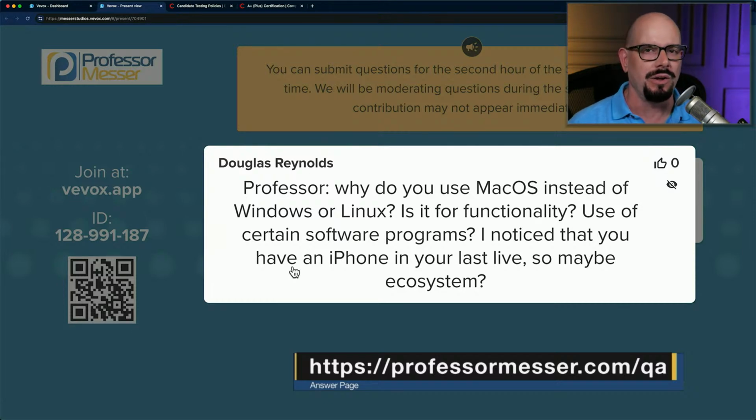In fact, early on, I did try to use an Android phone, and it would just keep rebooting on me every time I was in the middle of a phone call. So I used my phone a lot at that time in my life, and I couldn't tolerate a phone that would just reboot every time I used it. They're better now. They're much better now. But back when they were first released, not so great.